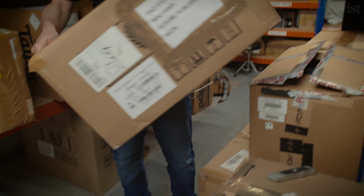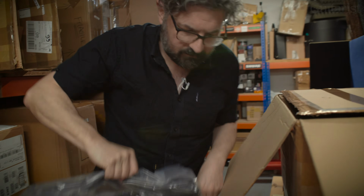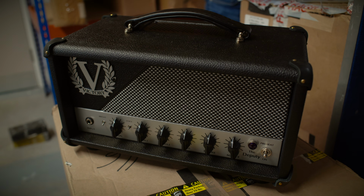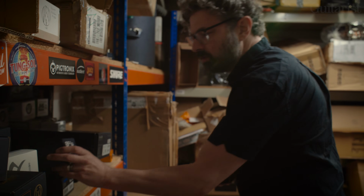Also, whilst we were rummaging around, we found Victory as a British amp brand. They've done an amp with Peter Honore. So he's done an amp with Victory. We're going to have a look at that and hear a little bit more about that. It looks pretty cool. Finally, we thought we'd look at a couple of, well, a trio of pedals, in fact,